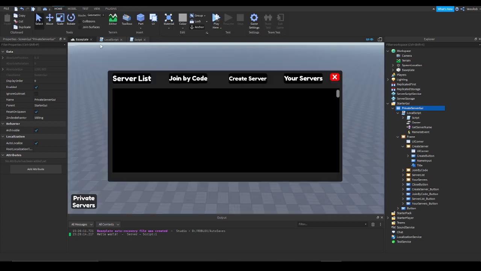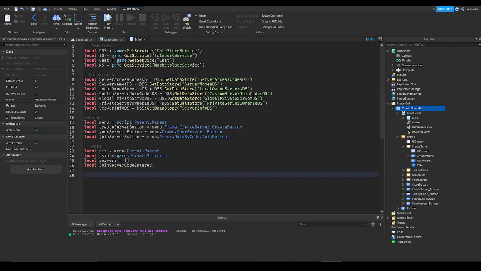So we can print out inside your servers all of the servers that you own. So we're going to start off by creating a p call. And the reason we're doing it in a p call is to just block out any errors, because there is a likelihood that we will get errors. So we're just going to start off with an in pairs loop,